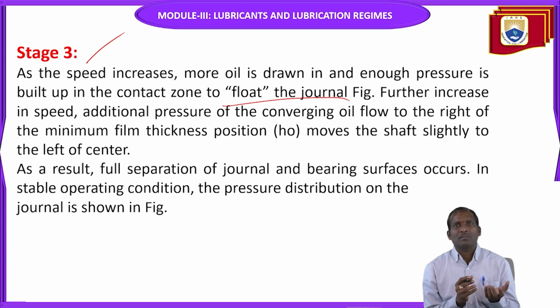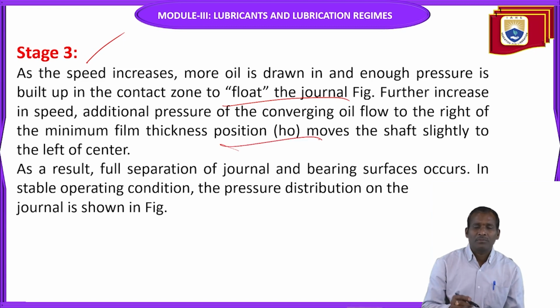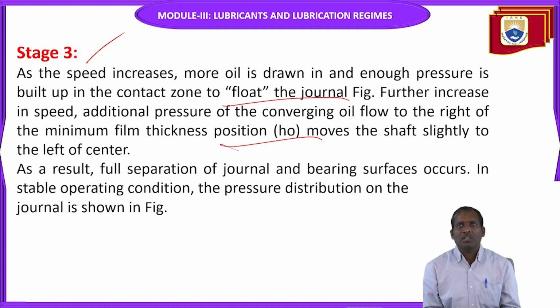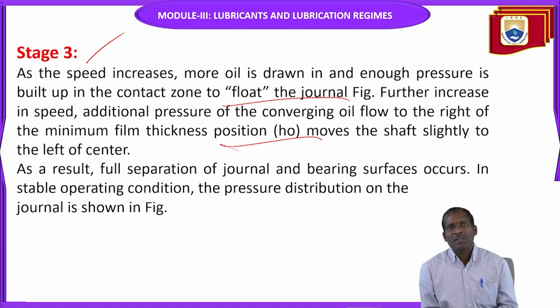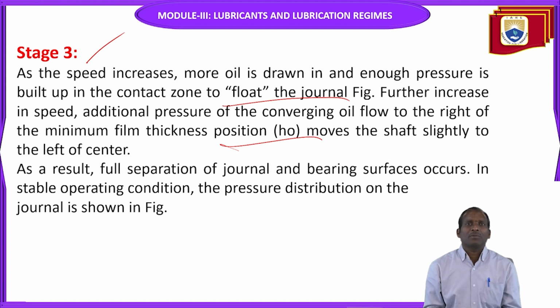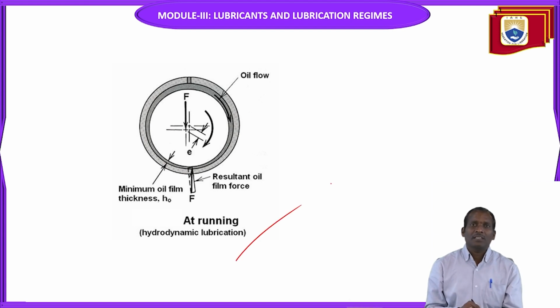So at that time, the journal floats in the lubricant, without any metal to metal contact. With further increase in speed, the additional pressure of the converging oil flow to the right of the minimum oil thickness, which you can represent with h naught, moves the shaft slightly to the left of center. So this results in full separation of the journal and bearing surfaces. In stable operating conditions, the pressure distribution on the journal is as shown in the figure. See, at this stage in hydrodynamic lubrication,